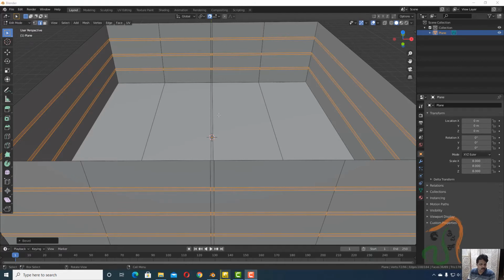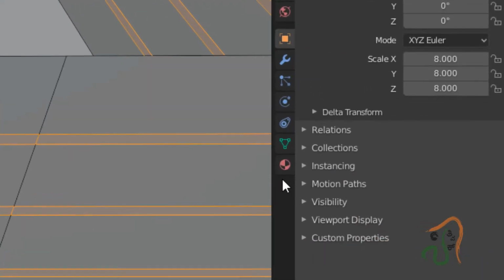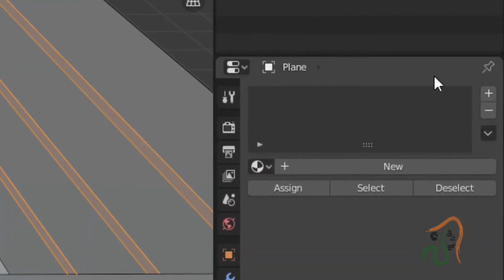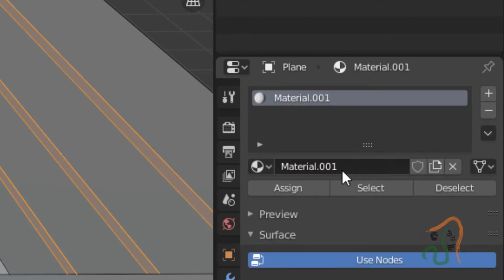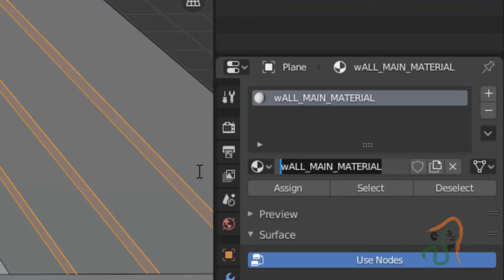As we model it, let us also add some colors to this. So for this, with these bevel edges selected as they are, come to the material tab. Click here new and first create one material and call it wall_main_material.